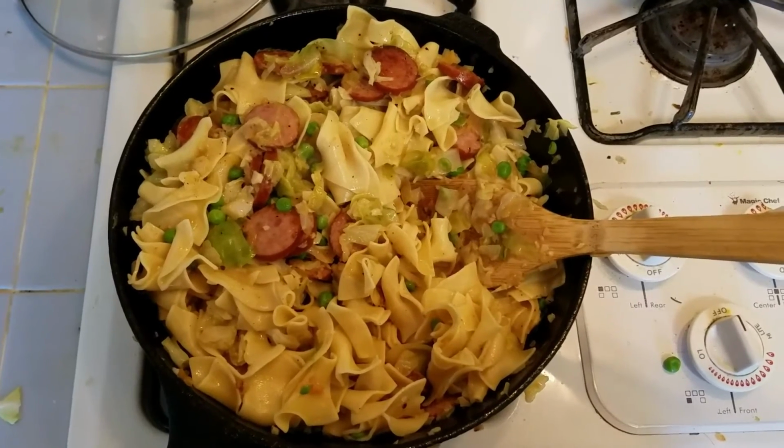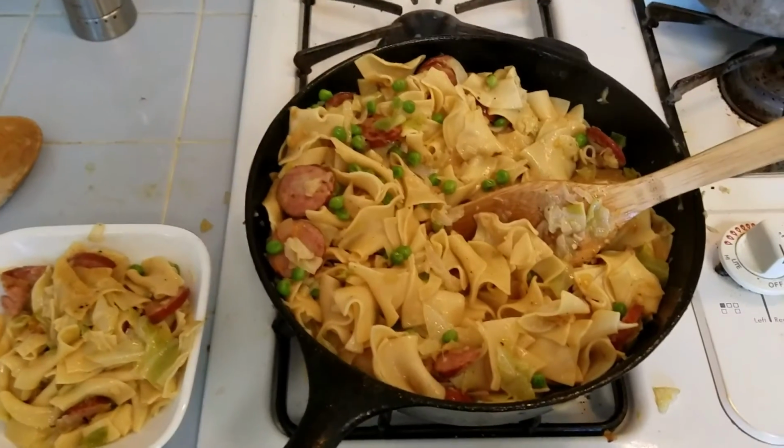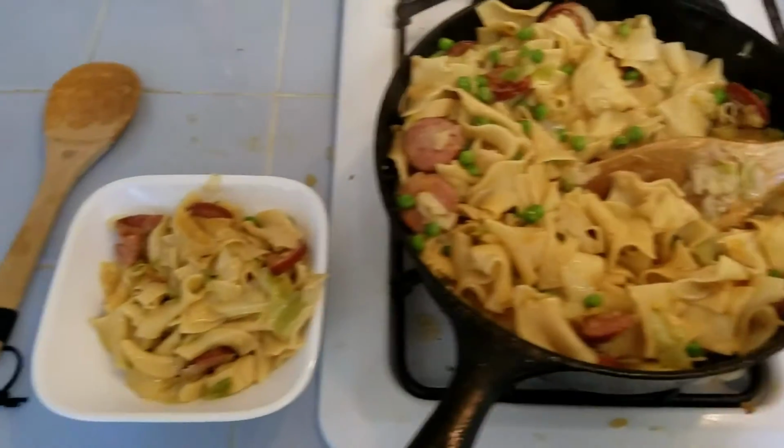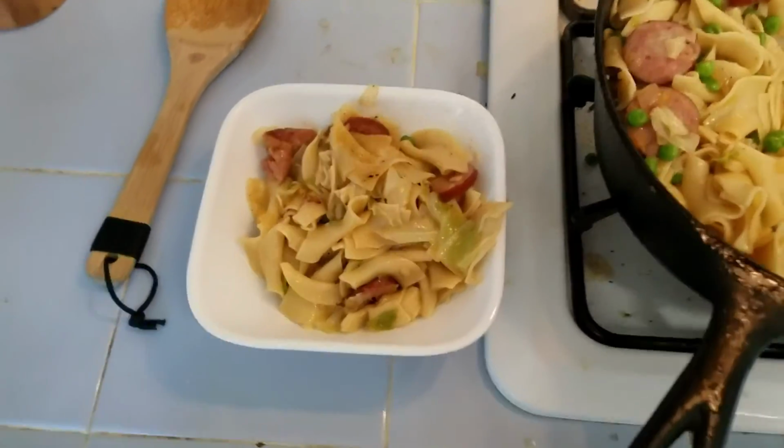But I want to plate it up here shortly for the last step in this. Here we are. It's done. The noodles are cooked. And I put up a portion for me to take and eat in front of the TV